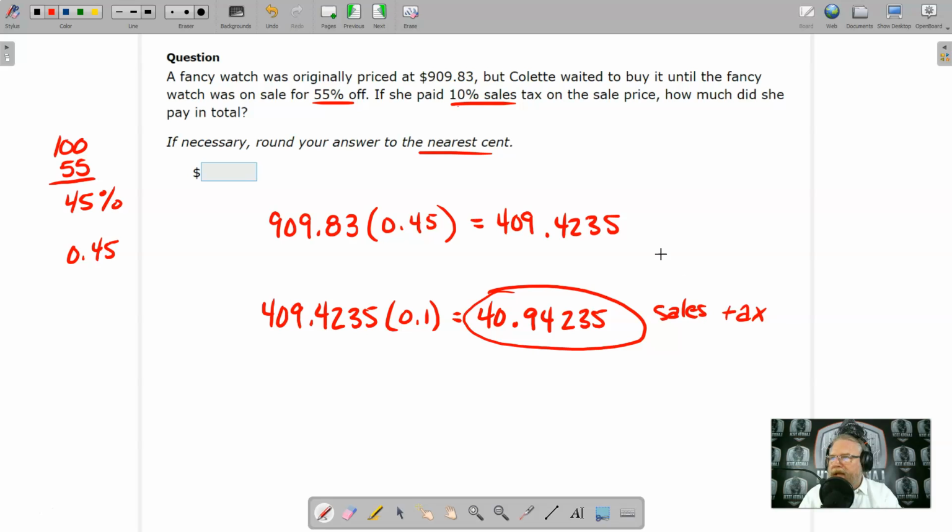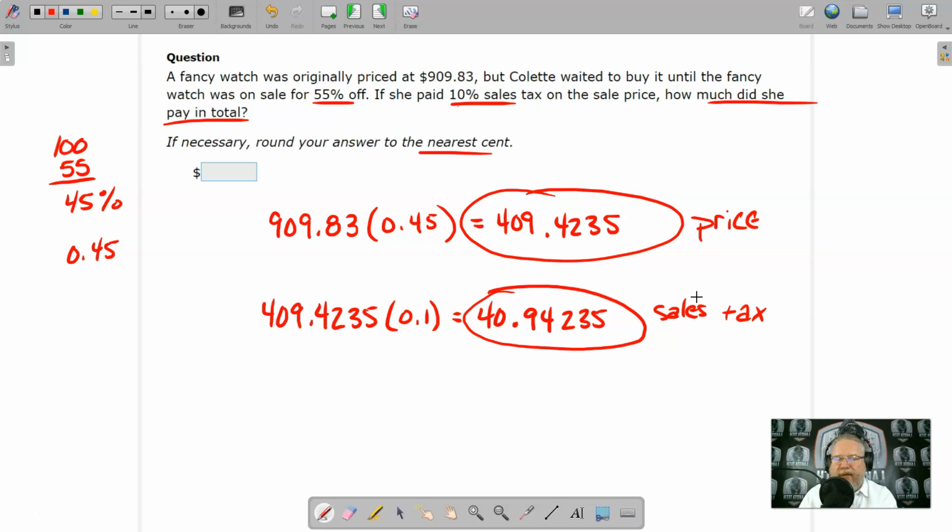So this is the sales tax. This is the amount she was paying for it, the price of what it is. We need to know how much did she pay in total. So we're going to have to add together the price and the sales tax. Well, I've already got the sales tax in my calculator, so I'm going to put plus the price, plus 409.4235. Hit enter, and I end up with